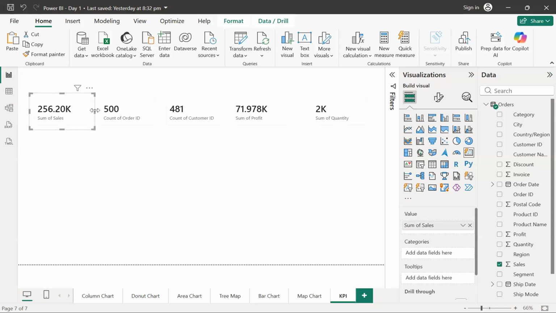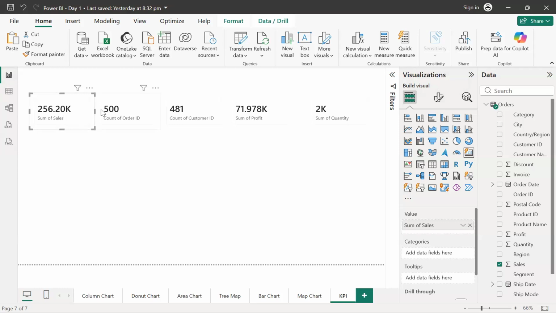Now, definitely, these KPIs should not be shown like this. There is a lot of improvement, or a lot of formatting, which needs to be done with this box. And for that, we have one single place where we can do all that formatting, and that is the format visual option. I will do one type of formatting with this particular box, and the same formatting I can copy throughout all the boxes over here. Let me show you one by one.